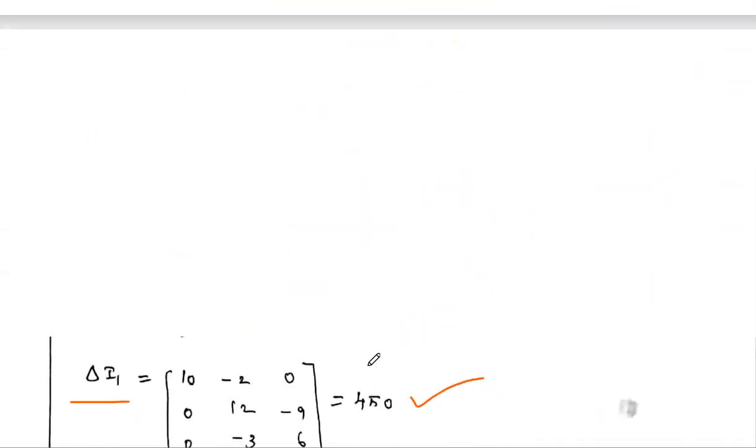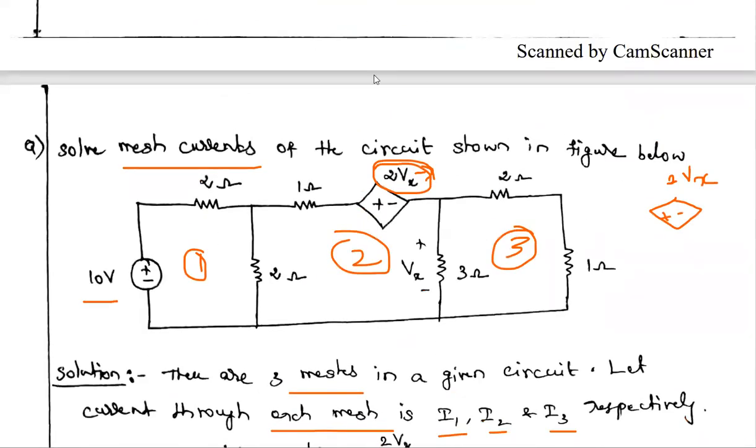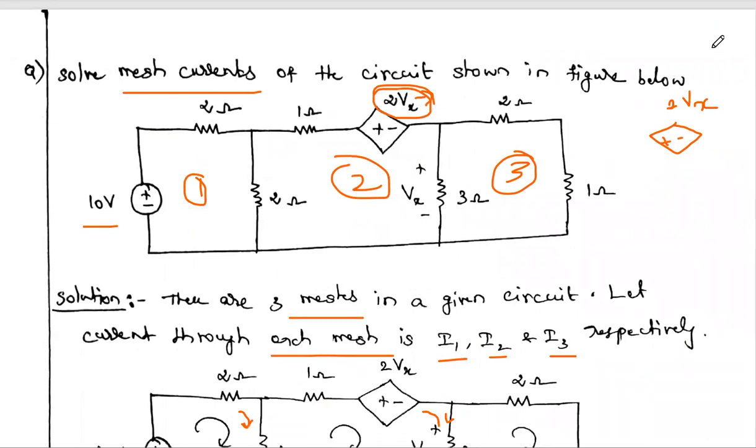Okay, so this is one of the problems. Okay, so what is the difference between the previous solved problems and this problem? Here one dependent voltage source is given. Okay, what is meant by a dependent voltage source? The value of this voltage source depends upon the voltage available across some resistance. So for that you write an ordinary KVL equation for each mesh, and in the place of Vx you substitute in terms of the particular currents, and if you solve, we can get the answer.